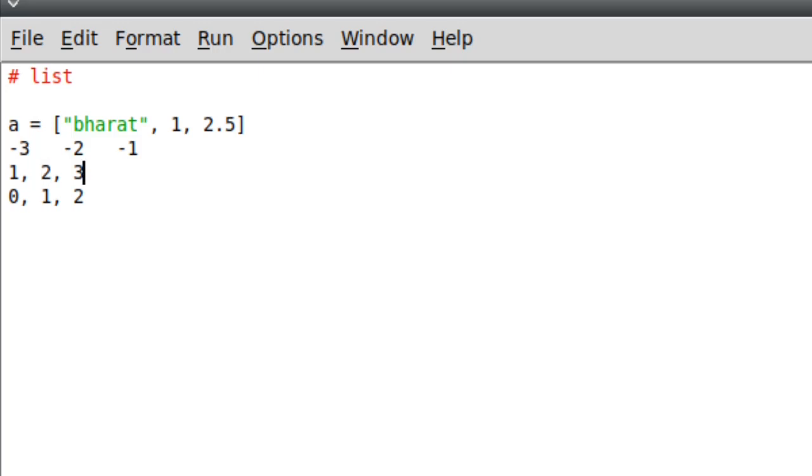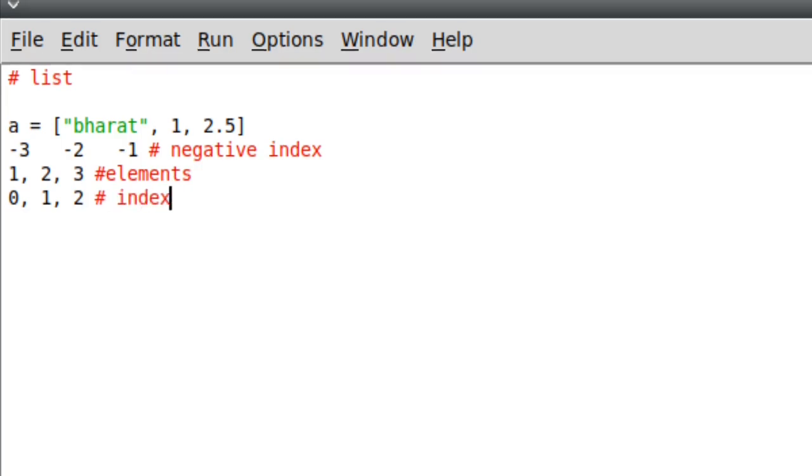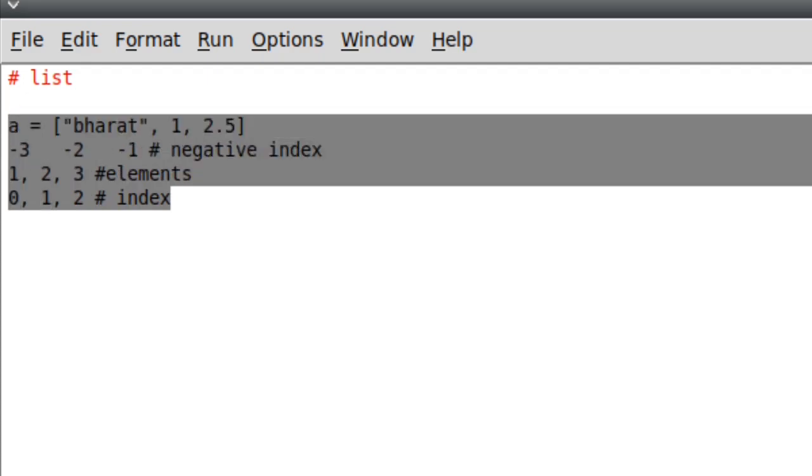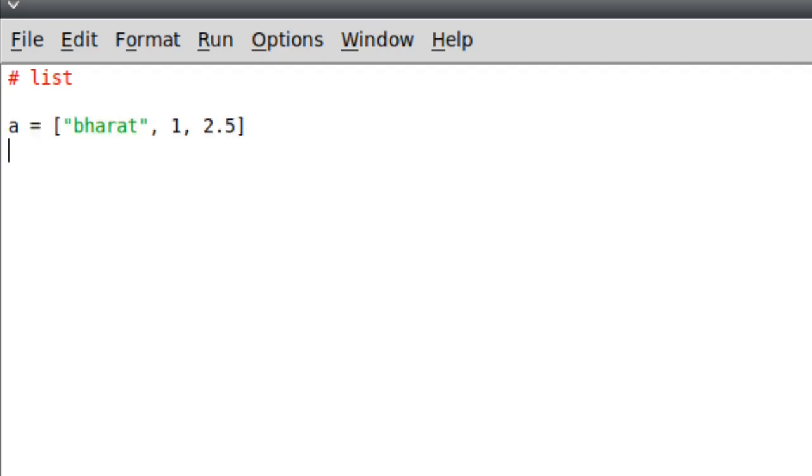So we can access all these elements by using this index position. So these are our elements, and this is our minus indexation, negative index we can say, and here is our index like this. So we can access all these elements by using this index number. So we'll see how to do that.